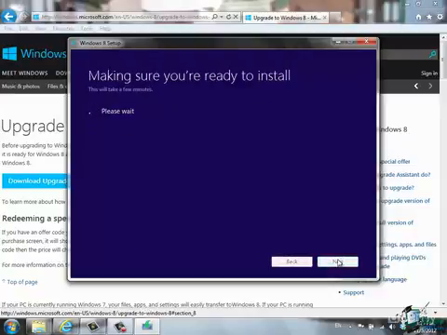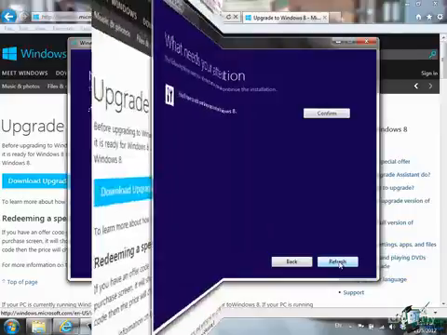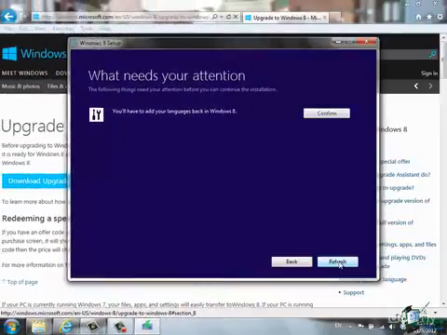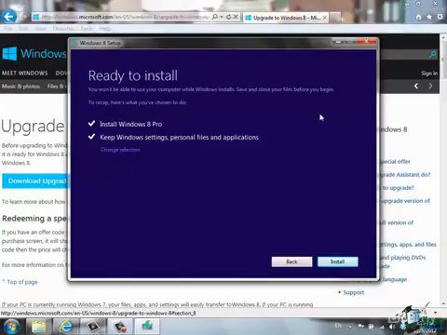It does a final check to make sure I'm ready to run the installation. So if it finds anything that needs my attention, it will give me a message about that. So you'll have to add your languages back in Windows 8. I'm actually upgrading from Windows 7 Ultimate on this machine, and this machine has many foreign languages installed on it. So I say, okay, I can confirm that. And it's ready to go. Install Windows 8 Pro, keep my Windows settings, my personal files, and the applications I've currently got installed. So I'm going to click on Install at this point, and the installation will begin, and I'll have to stop